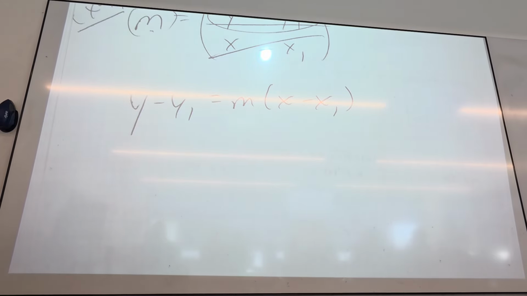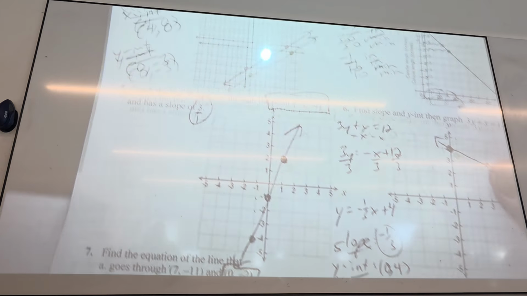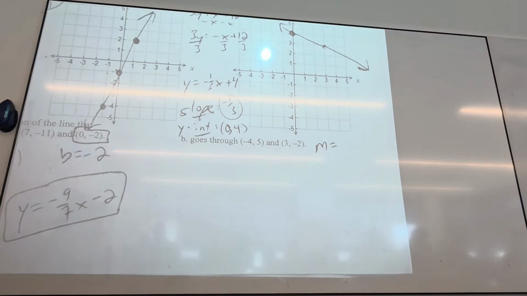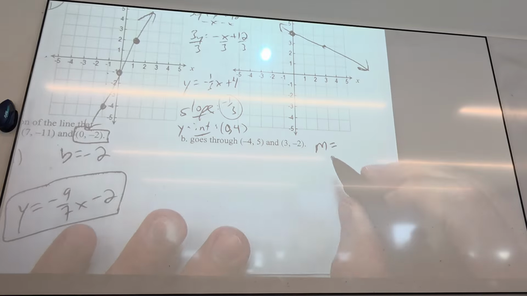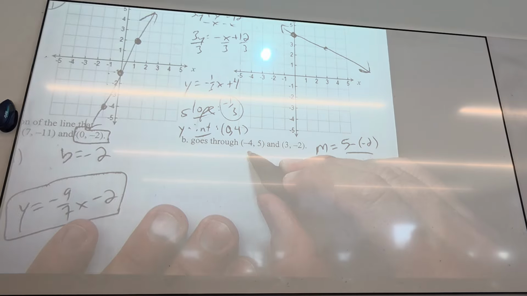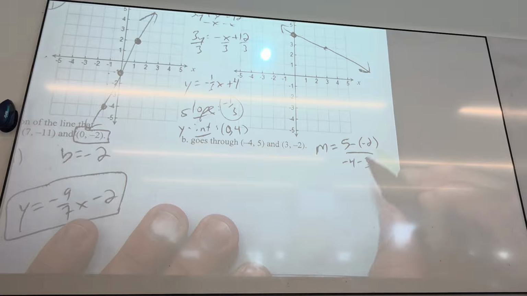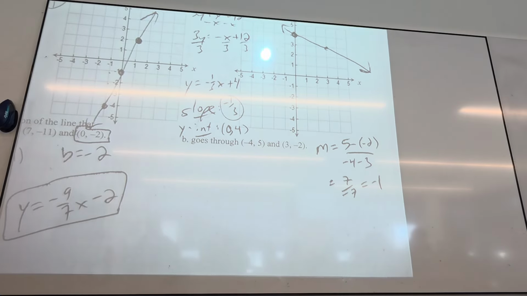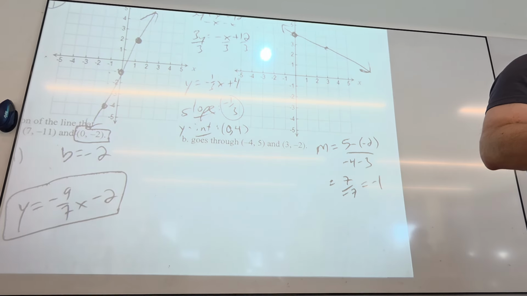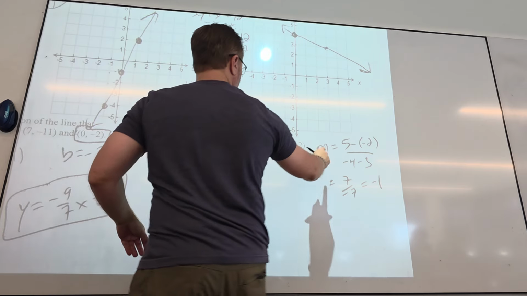So coming back to this problem. How do I get m? I need m for sure. Rise over run. Yeah, same way we just did. So I could do 5 minus negative 2 over negative 4 minus 3. And what do I get? Negative 1. Now somebody tell me, which point do you want to use? Because I got two and I only need one. Which point do you want to use? 3, okay, that one. First one I heard, 3, negative 2.